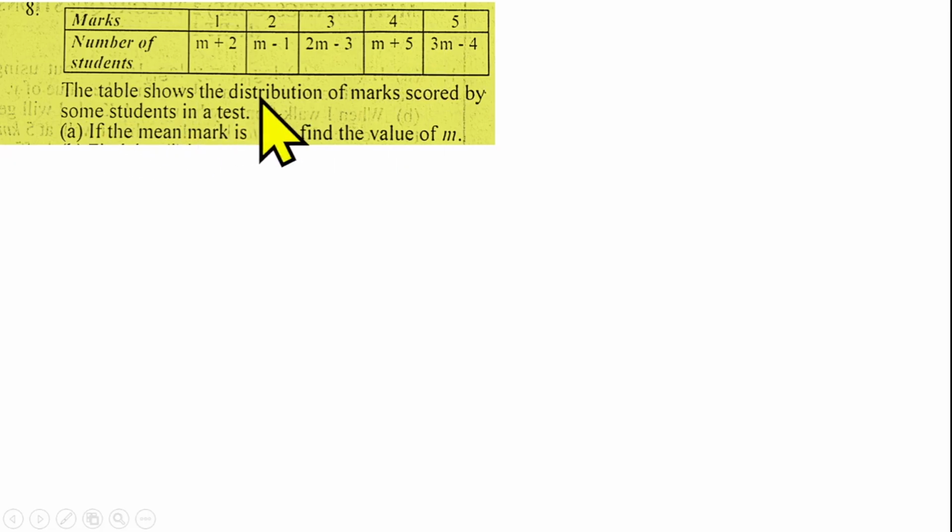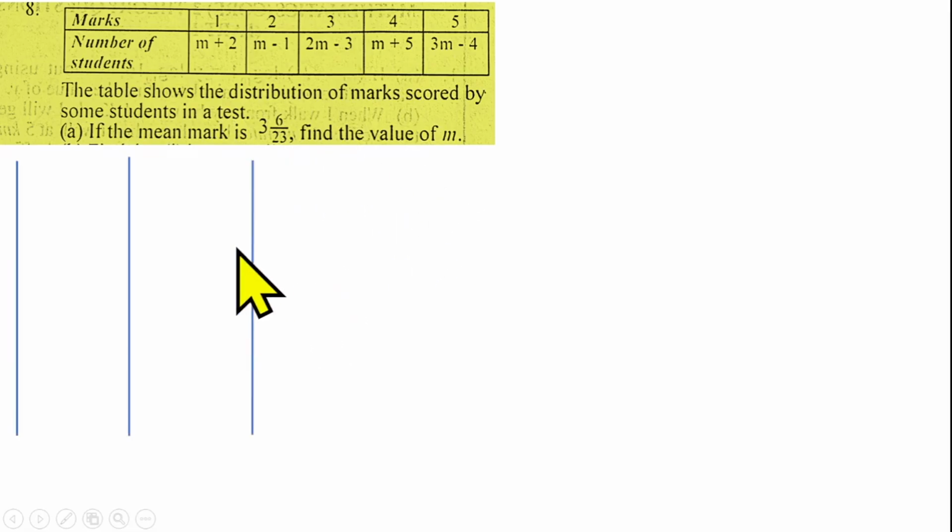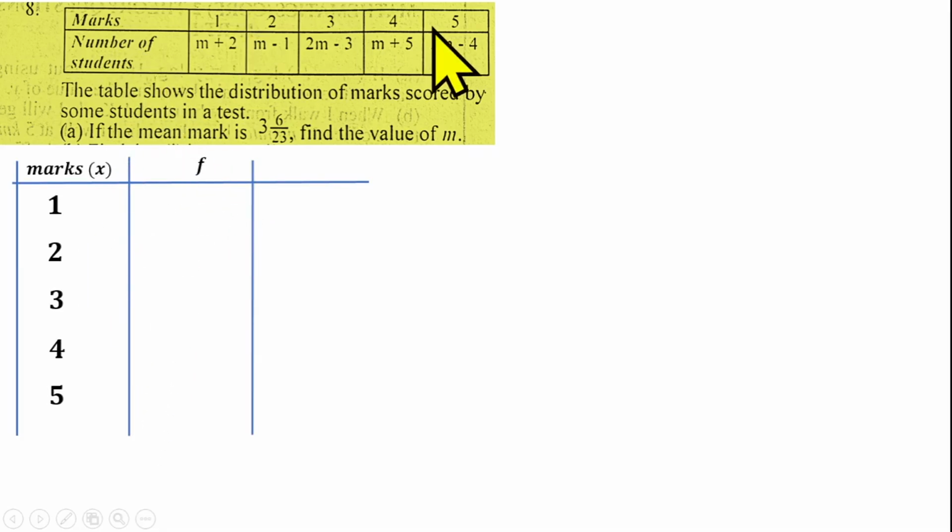The table shows the distribution of marks scored by some students in a test. If the mean mark is 3 6/23, you have to find the value of m. So also rearrange the table like this. You have your mark, which represents your x, and your frequency, which is the number of students. Then rearrange the data 1 to 5. For 1 to 5, the frequency is m plus 2, m minus 1, 2m minus 3, m plus 5, 3m